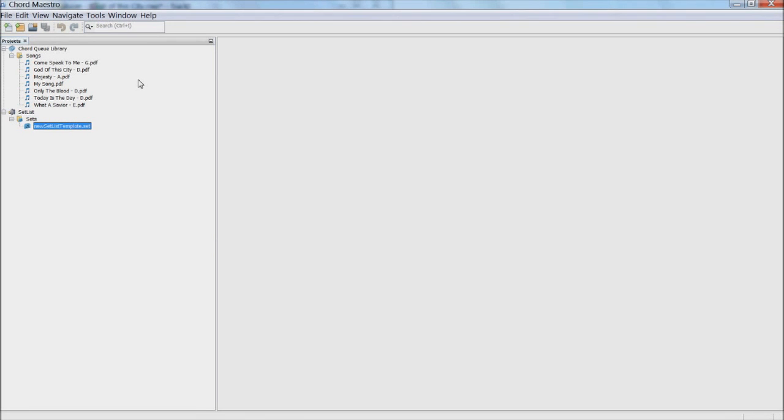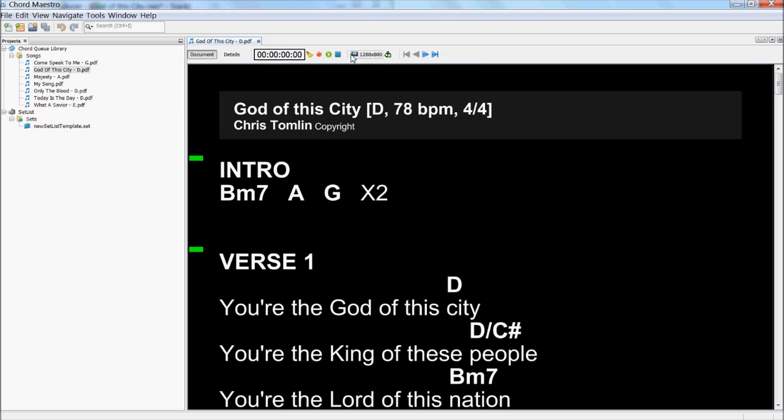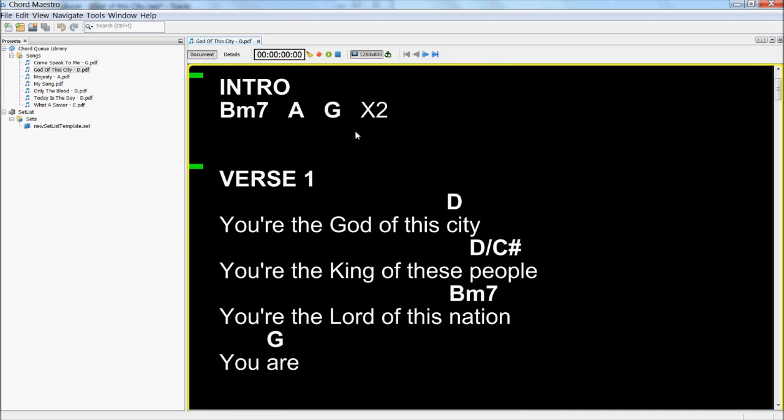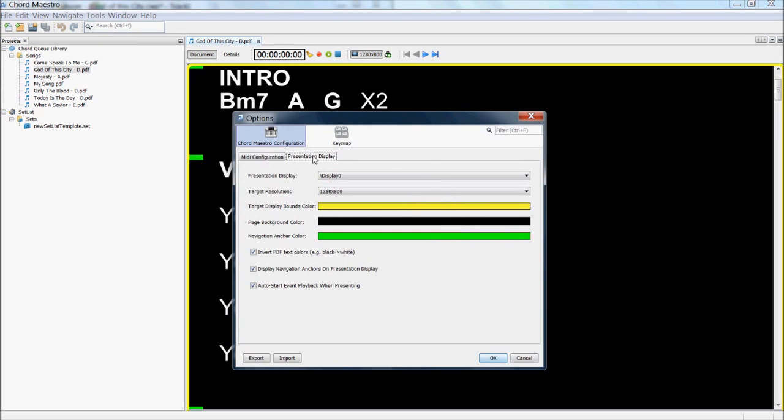In this tutorial, I want to talk about some of the display configuration options that Chord Maestro has. So open up a file and toggle on the target display window. Alright, so there's a few options we have for configuring how this chord chart looks on the screen. To do that, we go to Tools, Options, and under Presentation Display, we've got several options listed that allow us